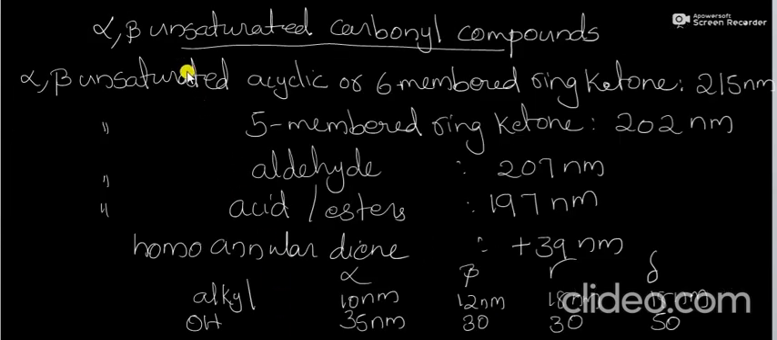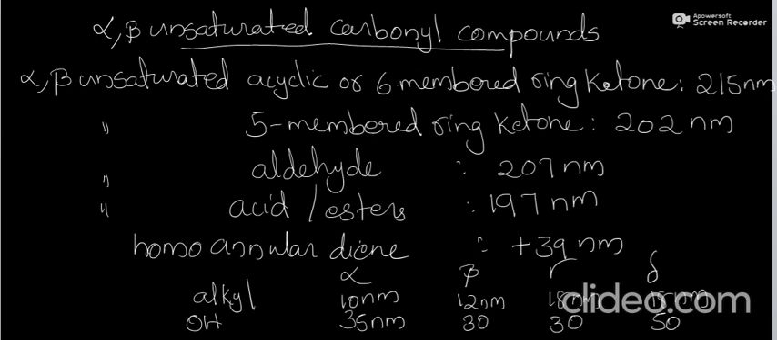Next is the case of alpha beta unsaturated carbonyl compounds. There will be pi to pi star transition and n to pi star transition in the case of alpha beta unsaturated carbonyl compounds. But structural modifications, for example substituents, extended conjugation, exocyclic double bonds, etc. All these are structural